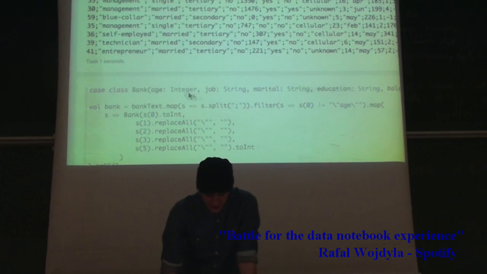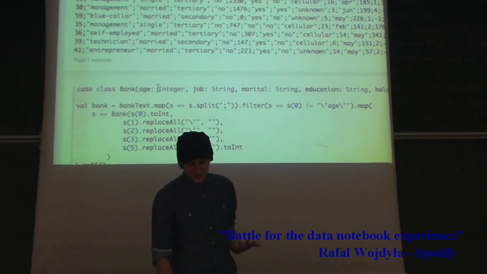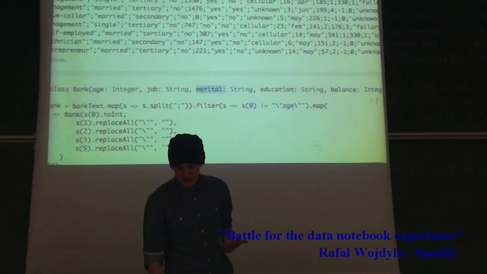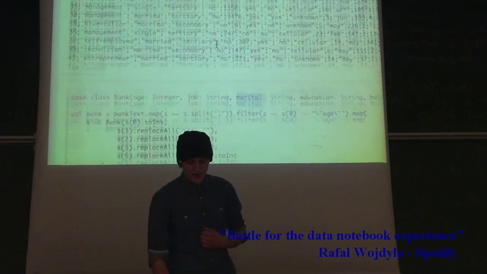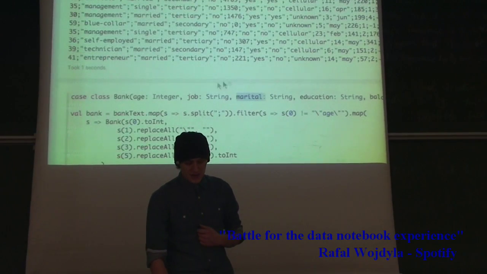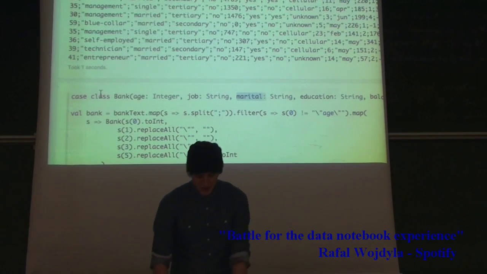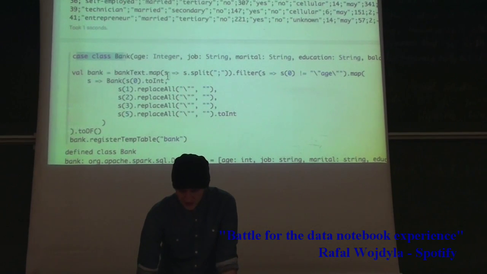So in this case, I assume that the data that I need is going to be the age, your job, your status, your education, and your balance, right? I don't care about any other data from that data set, meaning I can create a case class over here that will help me to work with the data. So I create this case class, and then based on that case class, I'm going to transform the data